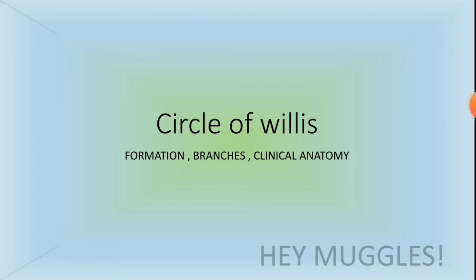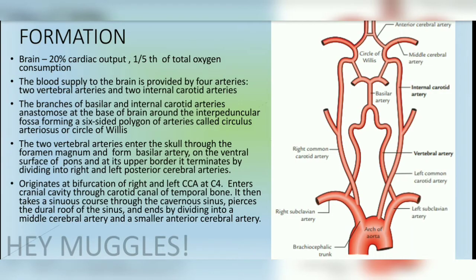So let's start. Nowadays, cerebrovascular diseases like your hemorrhage, your embolism, these are the third most common cause of death, and all the neurological signs depend on the site of the lesion. Therefore, knowledge of the blood supply of the brain is very essential for treatment of these diseases, right?